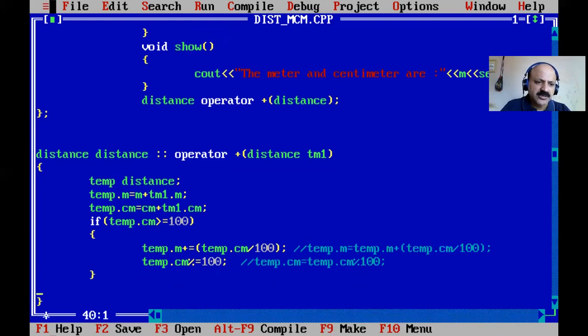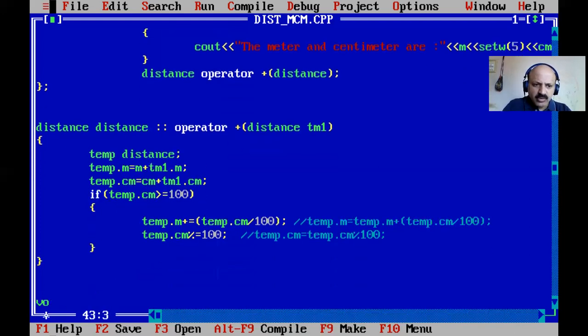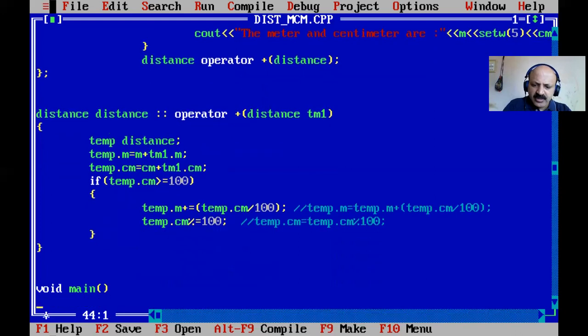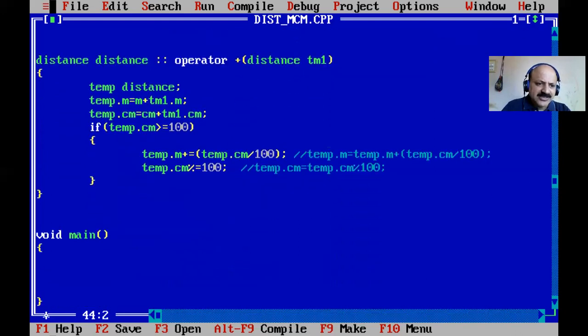So you can understand. Okay, now turn to the main function, and first we pass the static value. First I clear the screen, and then define distance d1, d2 and d3, which calls the default constructor for all of d1, d2, d3, and then we pass some values to the two-parameter constructor.